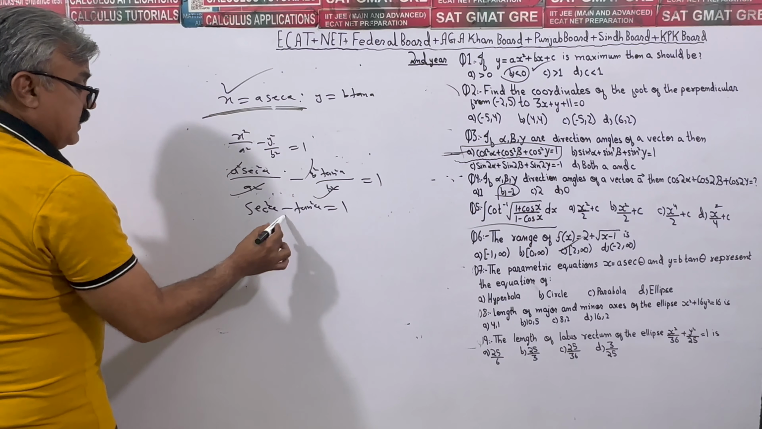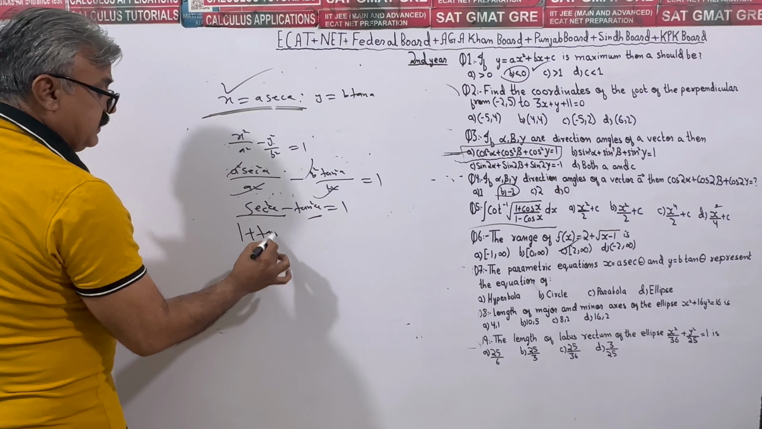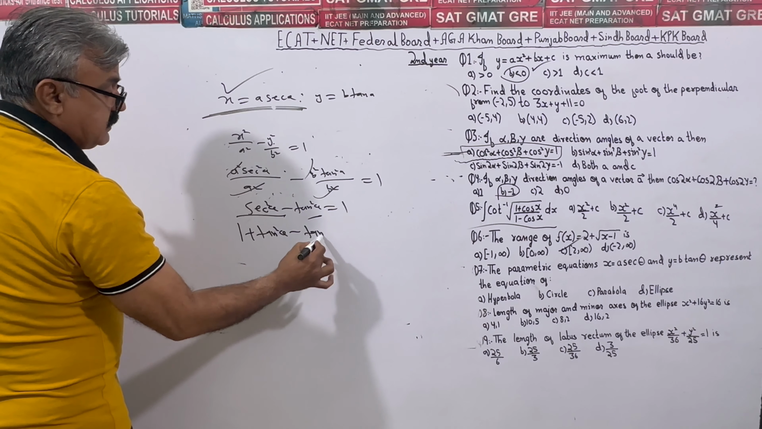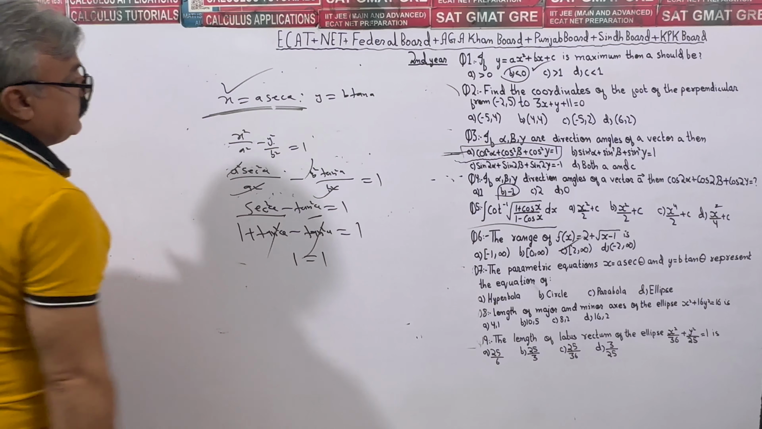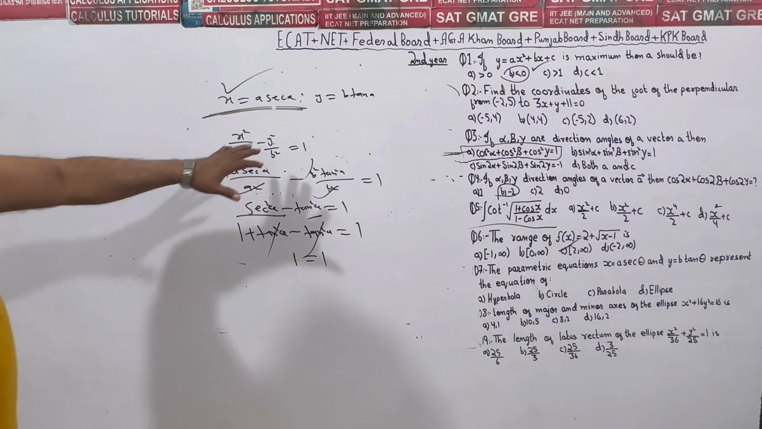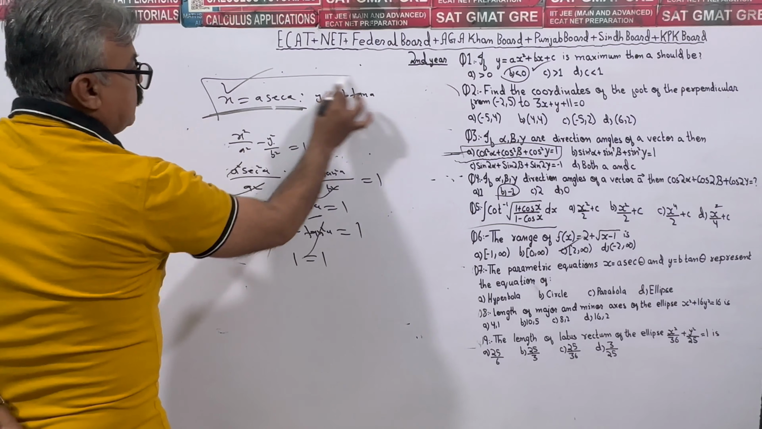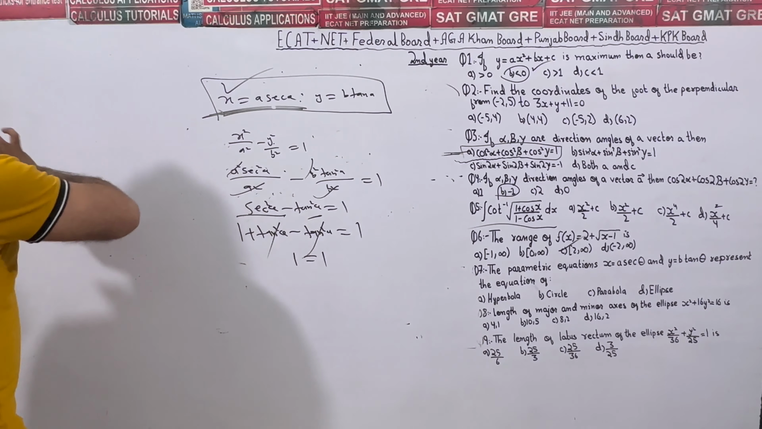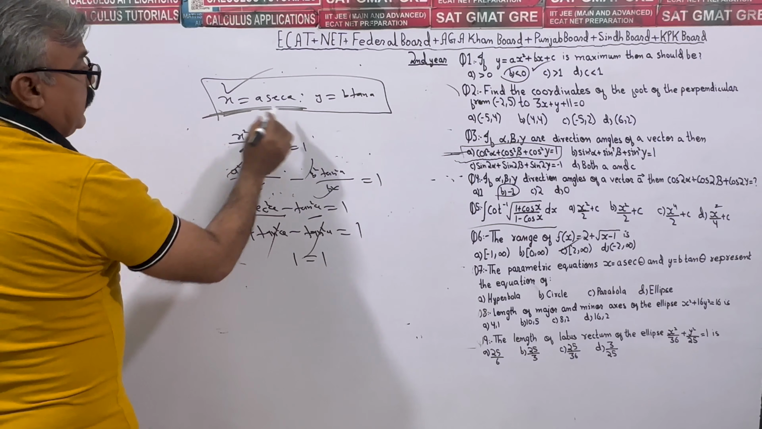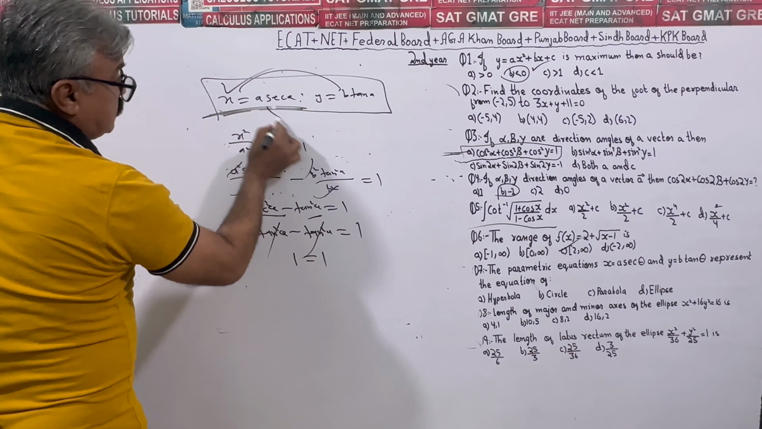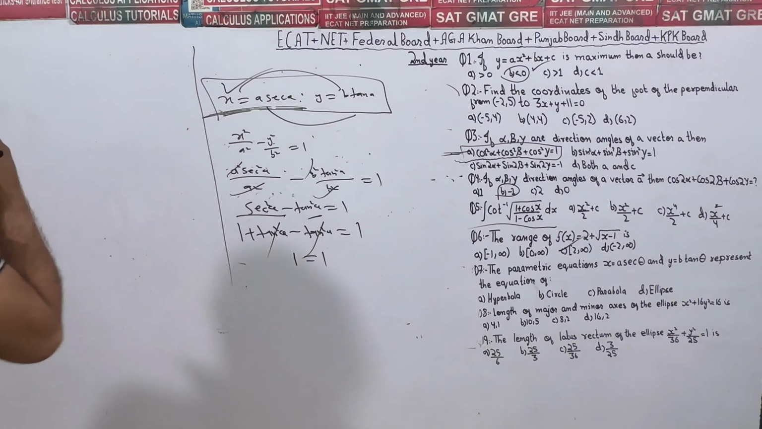Now utilize the identity of either sec square or tan square. Sec square is equal to 1 plus tan square. So 1 plus tan square minus tan square is equal to 1. Tan square cancels out, so 1 is equal to 1. These are the parametric equations of a hyperbola. If the transverse axis changes, then this goes to x and x goes to y. What about the next? What are the parametric equations of